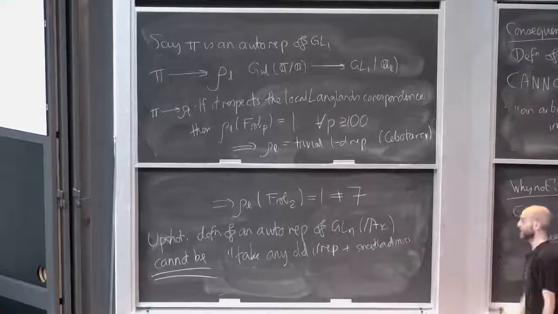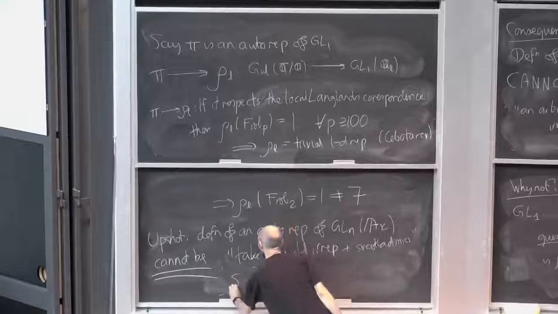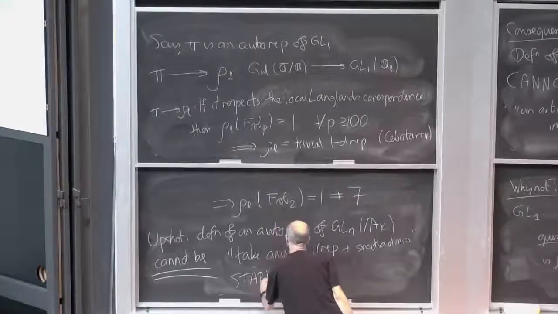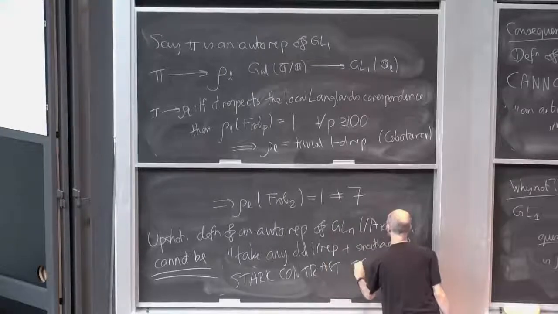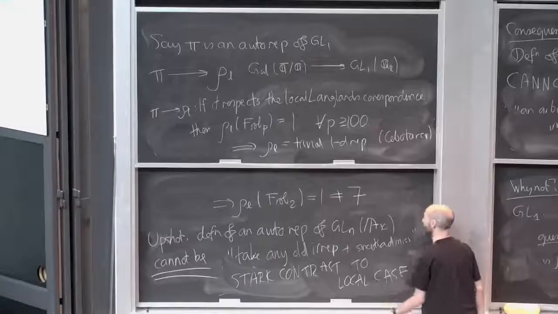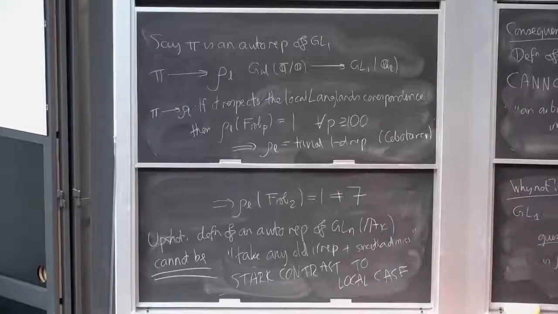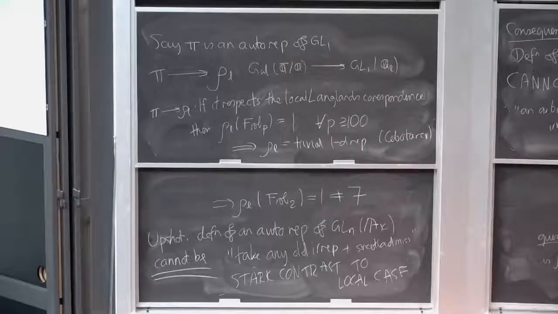Whatever, maybe these words make sense, I don't know. Yeah, they will make sense. You see, this is in stark contrast to the global case. That's the first main thing I wanted to explain to you today. The definition cannot be, let's just take some random irreducible representation of this adelic group. We have to find them somewhere. Where are we going to find them?